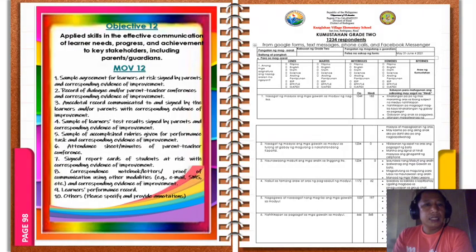Then, objective number 12, applied skills in the effective communication of learners' need, progress, and achievement to key stakeholders including parents and guardians. So, sample agreement of learners at 3. So, may mga recognition dialogue, sample learners. So, ang ginawa po namin as master teachers that we crafted the kumustahan form. This is yung pinakamahalagang communication po ng school with the parents. Ayan. So, it is implemented in every grade level, in every